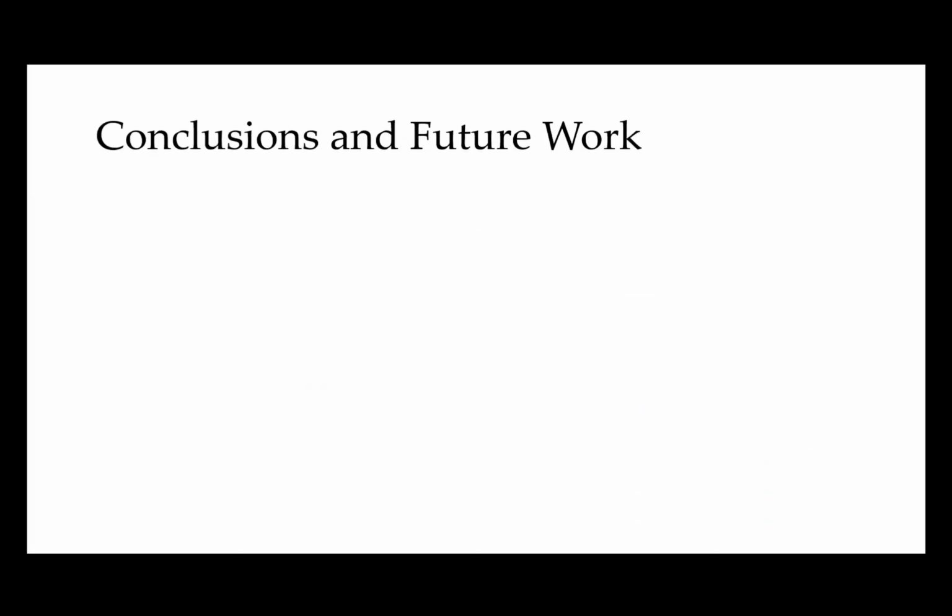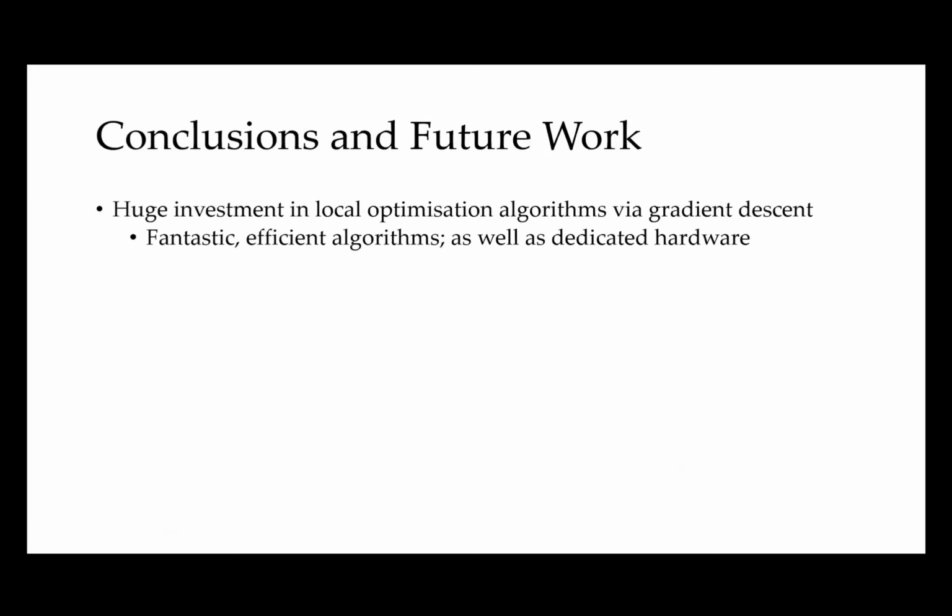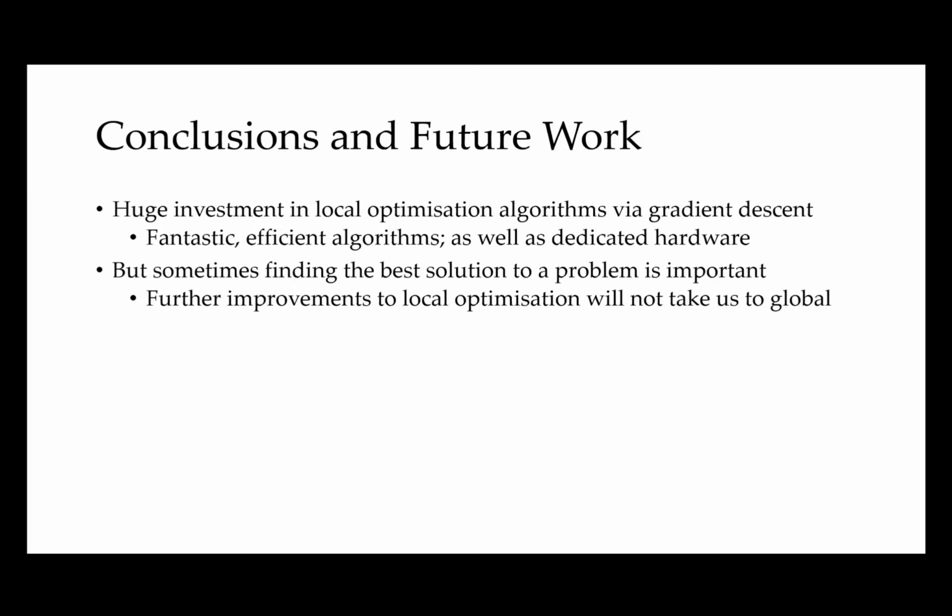So I'm going to conclude the talk now. I feel like I've set up quite a large area for discussion. But what I want to try and conclude by saying is that throughout this talk, what I've tried to outline is that there's been huge investment in local optimization algorithms via gradient descent. And we can understand why. The applications to deep learning are enormous. There's loads of fantastic efficient algorithms and dedicated hardware for local optimization, gradient descent. But sometimes finding the best solution to a problem,